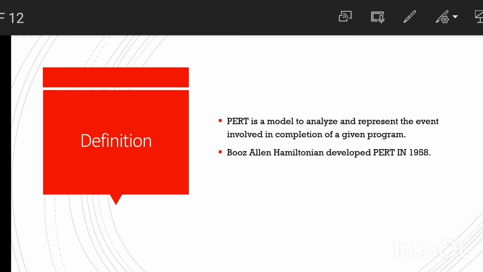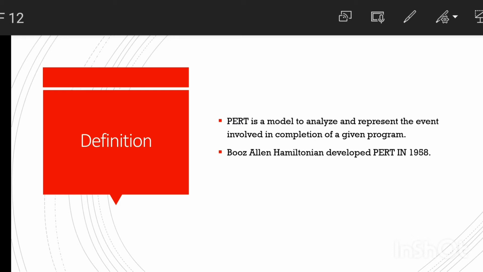It was first developed by Booz Allen Hamilton in 1958. So it's a refined milestone method for budgeting.